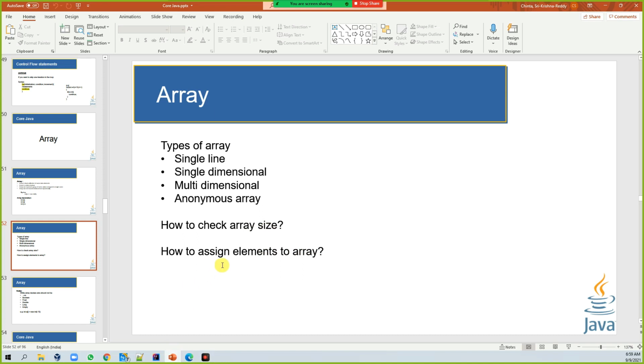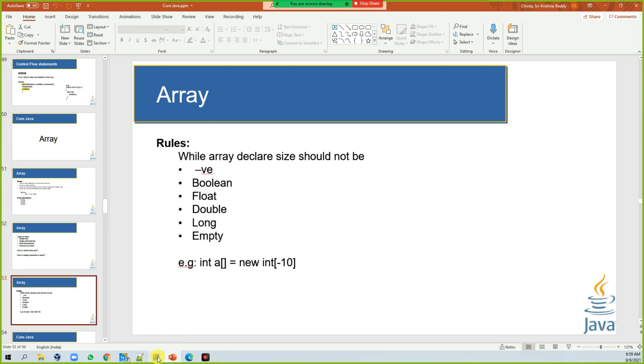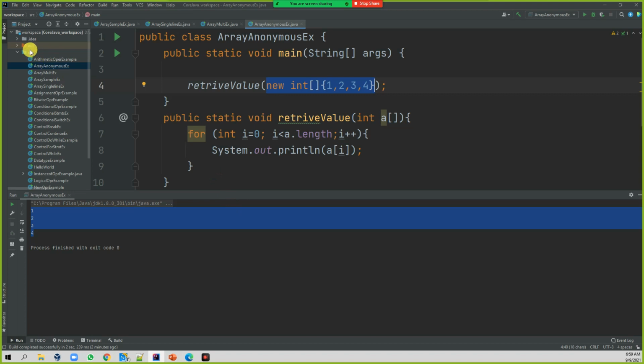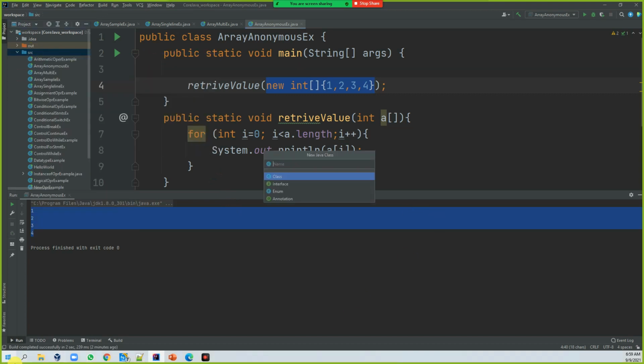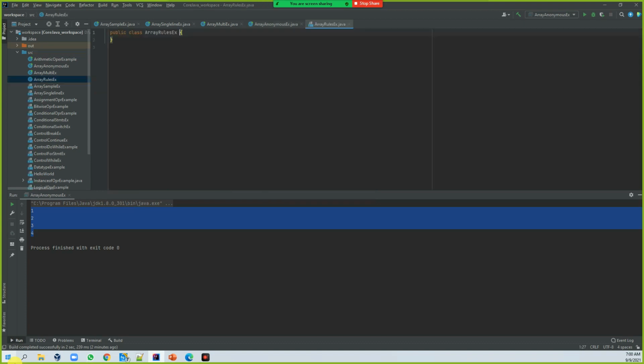The next thing is assignment, which we have seen, but when you are going to deal with arrays, there is a set of rules. You should follow those rules, then your program will be a success. Let's see the set of rules. The first thing is, let me write one more example: array rules example. So when you are dealing with an array,